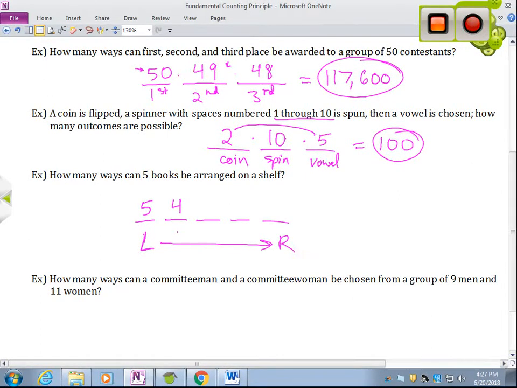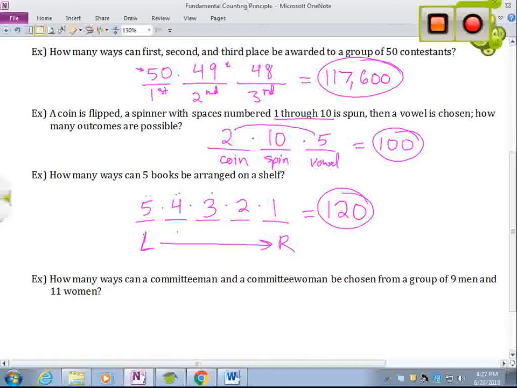And then for the third spot, there's one already on the left, one already in the second to left spot, so there are now 3 books left to place in the middle spot, okay? And then you can probably guess what comes next. We've already placed 1, 2, 3 books, so we have 2 books remaining. And then how many books can go in the last spot? Well, there's only 1 left, okay? So only 1 option. We multiply 5 times 4 times 3 times 2 times 1 gives us 120 different ways,